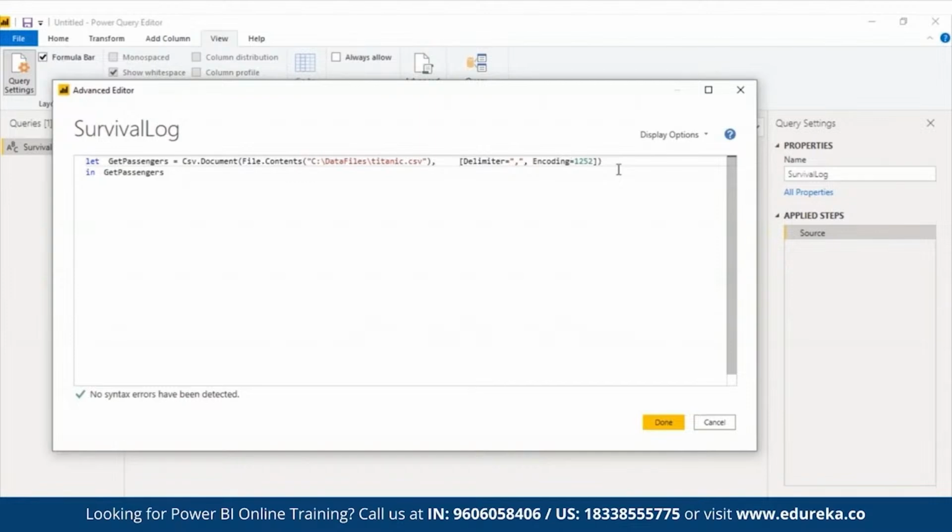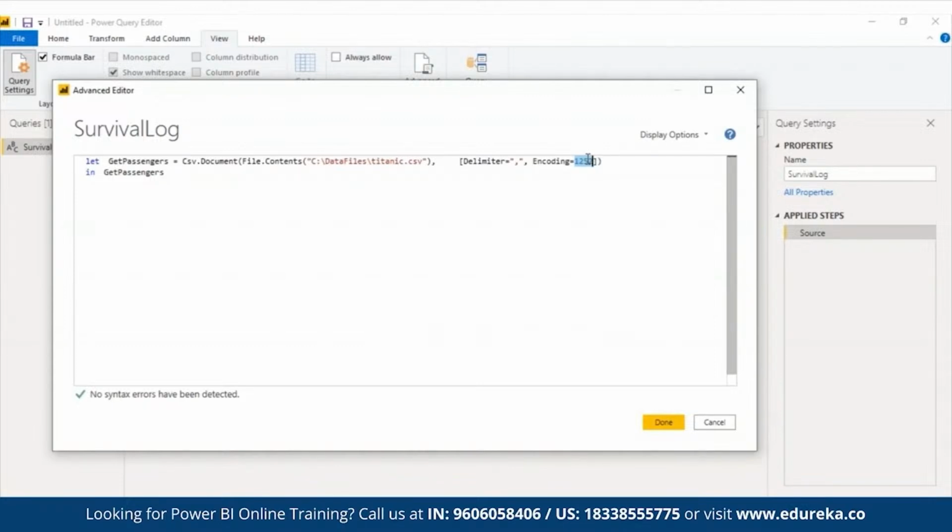Now, the delimiter option specifies a comma, as you can see right here, as the delimiter in the CSV document, and the encoding option specifies the text encoding type 1252, as you can see right here. This is basically the Windows Western European code page. And that's all there is to know and all there is to setting up a basic let expression in